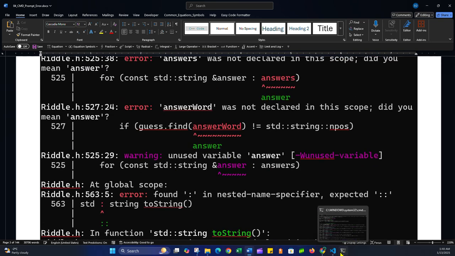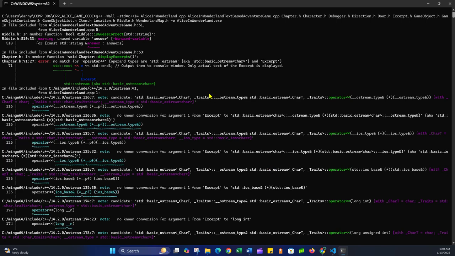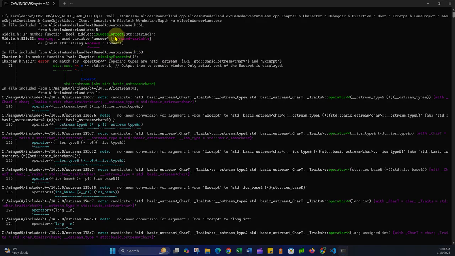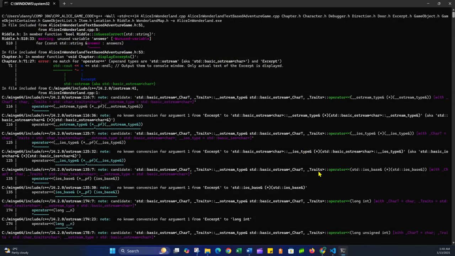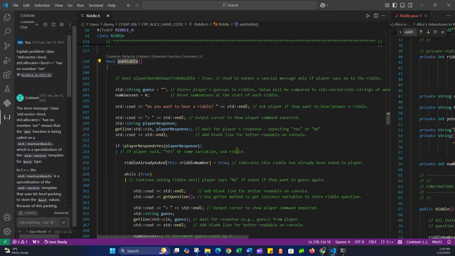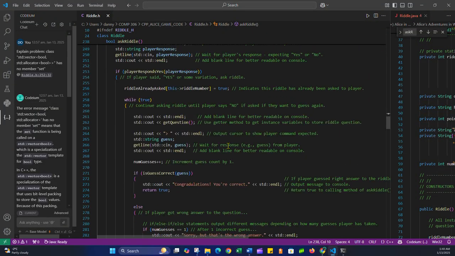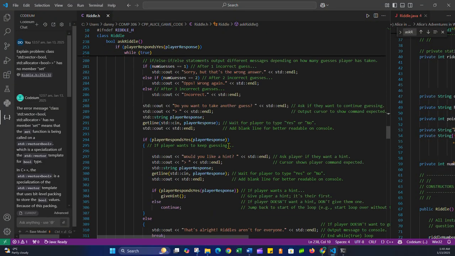And now I think the only issue we have with the riddle class that I see, because this is in the display excerpts class, is the is correct guess method. This method is guess correct, that takes in a string and returns a boolean. In the member function it says it's an unused variable. We're not using answer. And if you look, that is true in the sense that